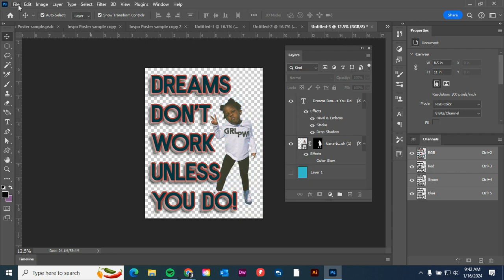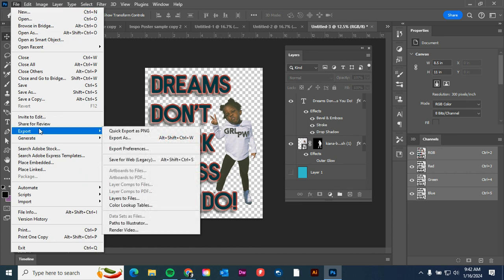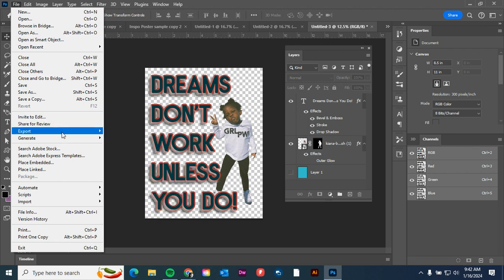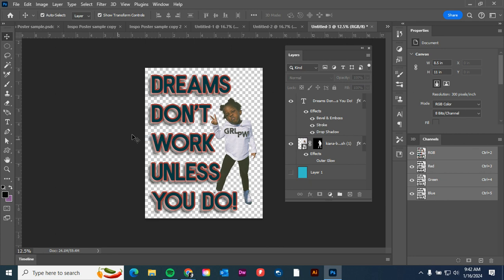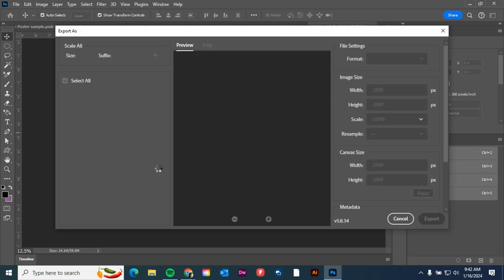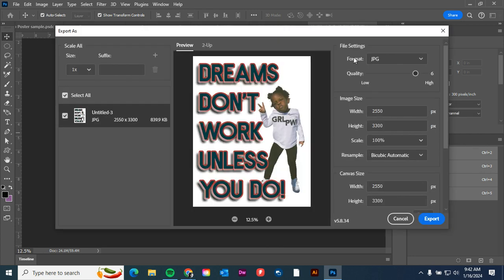You want to go to File, Export, Export As. Okay, not expecting you to remember the hotkey, but if you want to go Alt, Shift, Control, W, you can do that. But I always go to File, Export, Export As. And then when you get to this window here, you have format options. So in the file settings in the top right, you want to make sure that you are under PNG